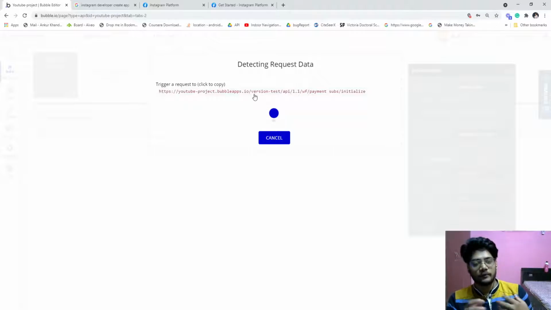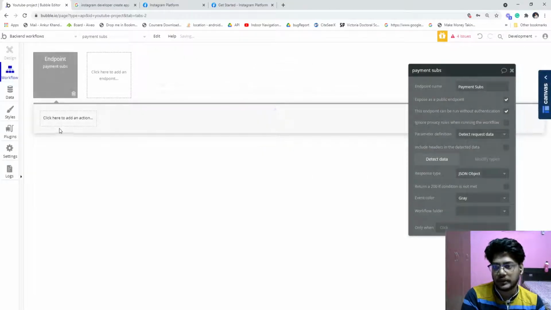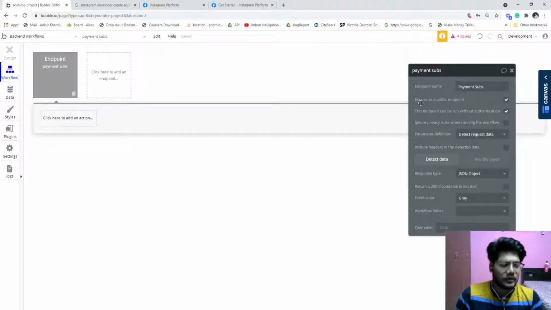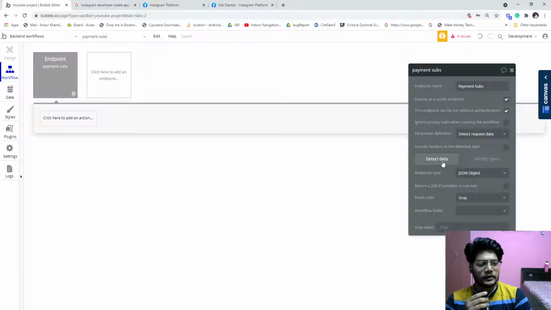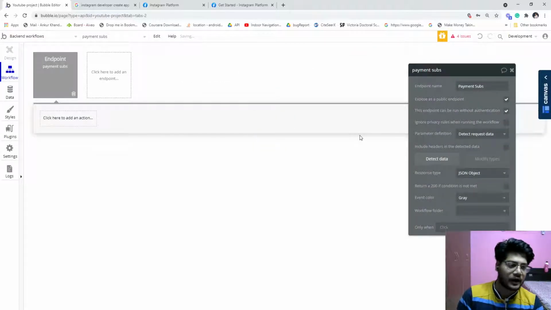So for the very first time, when you are detecting the data, you just need to copy this URL and send it, and then there is an action you can perform based on the result of this API. It is nothing more than an API. Once you have detected the data, just remove the initialize part from the URL, and it will work like a charm.